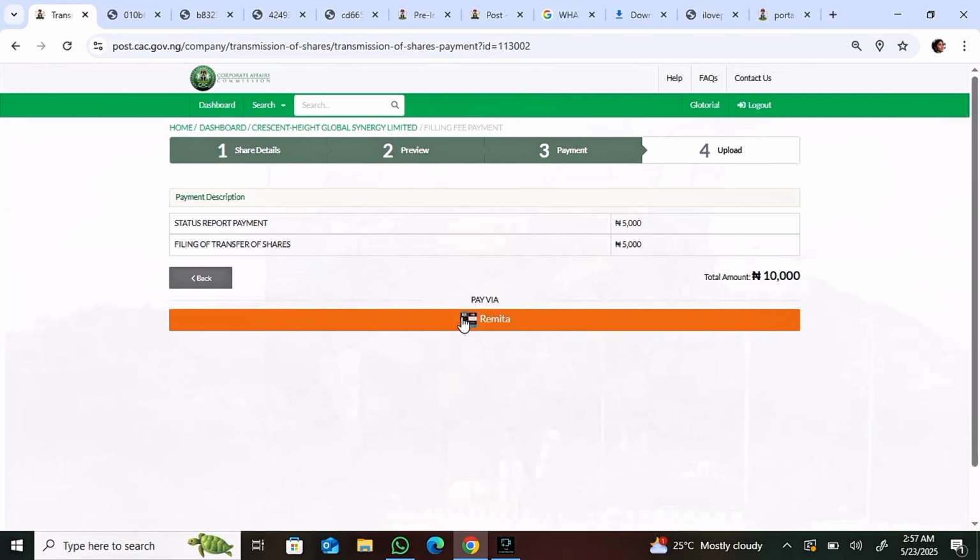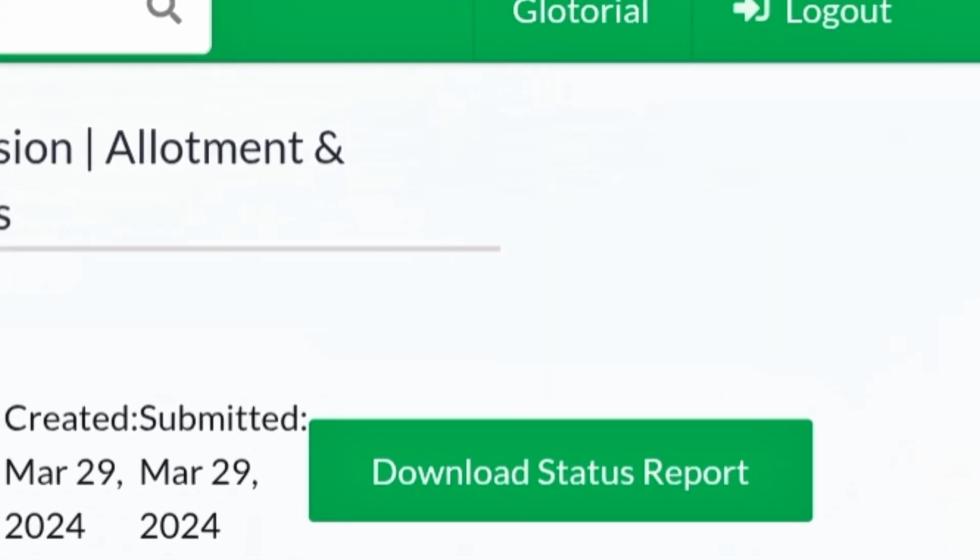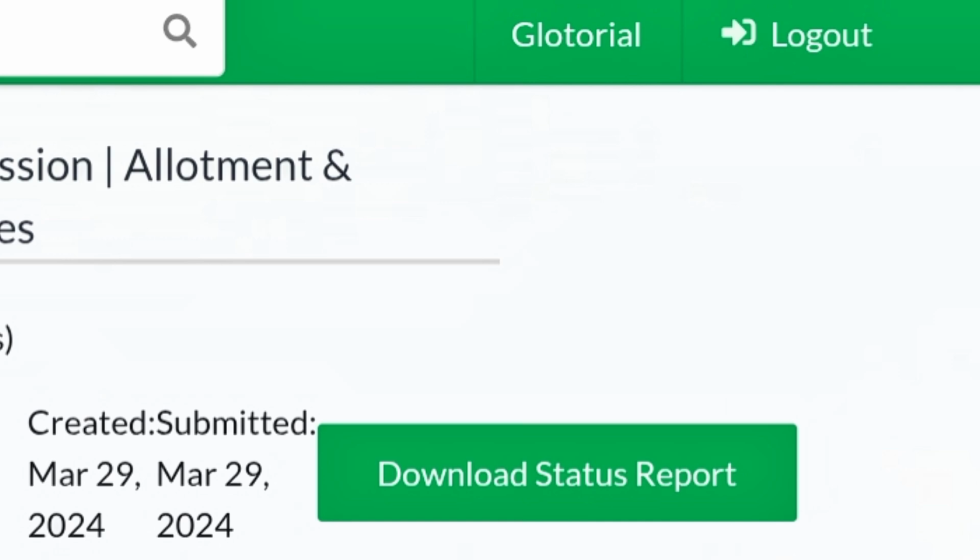When you click on remitter, you're going to make payment, and after making payment, you upload those documents that I mentioned earlier. So this is basically how to remove a shareholder, and also how to add a shareholder on